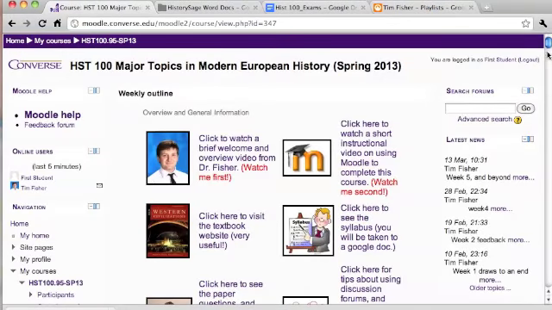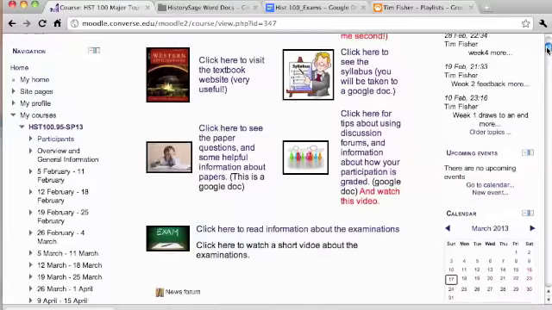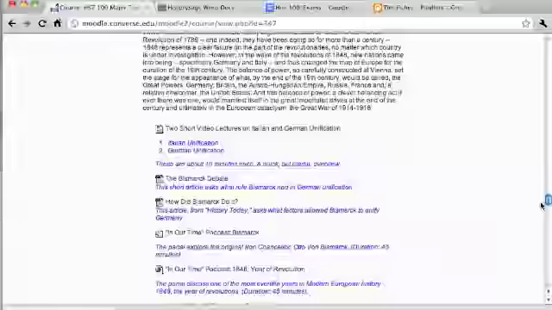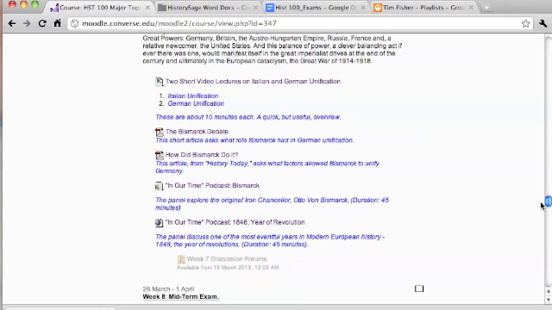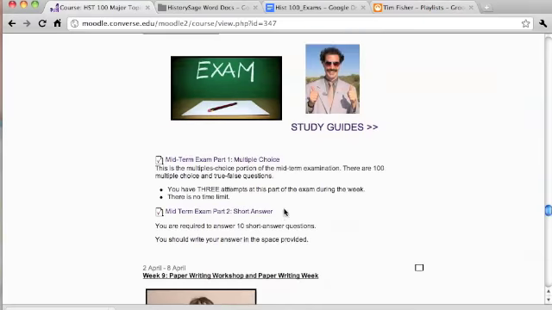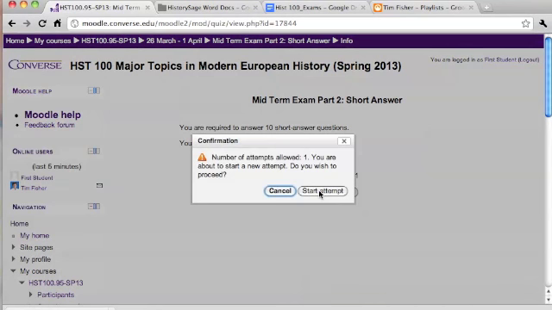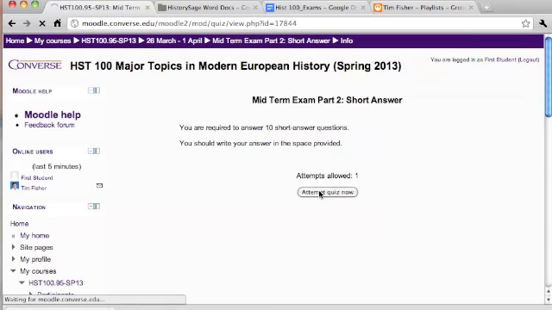Okay, so let's talk about part 2 of your midterm exams, the short answer questions. It's pretty straightforward. As I say, you have only 1 attempt for this, so make sure that you have your material ready and you think you're ready to go. And once you do, you simply go down to the exam and you click on it, and it will start. Tell you this, and then you go attempt quiz. So you attempt the quiz, start the attempt,